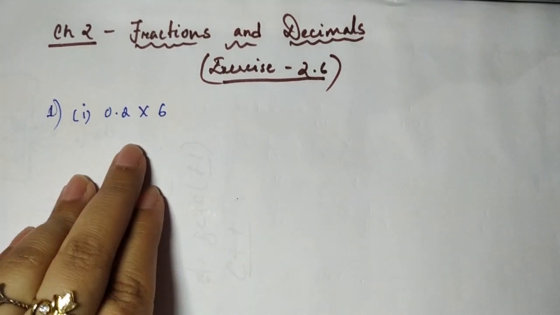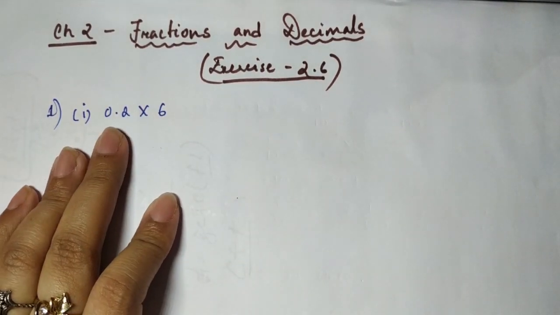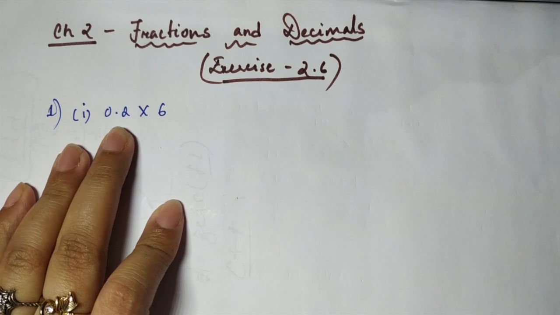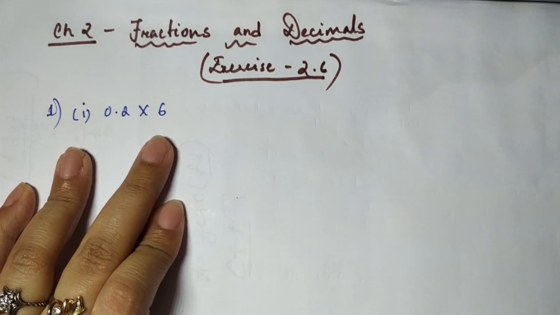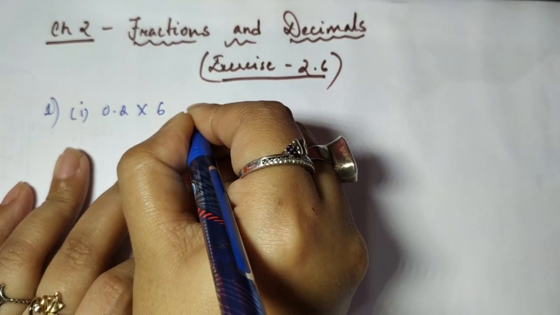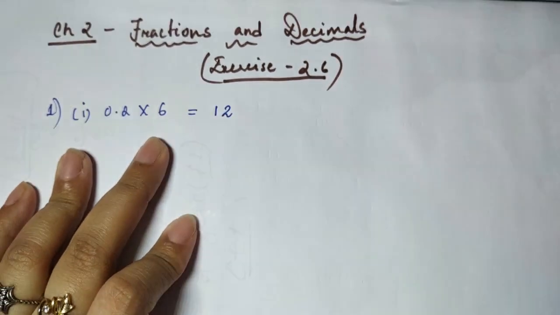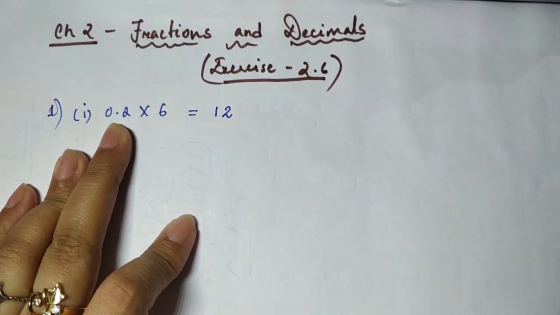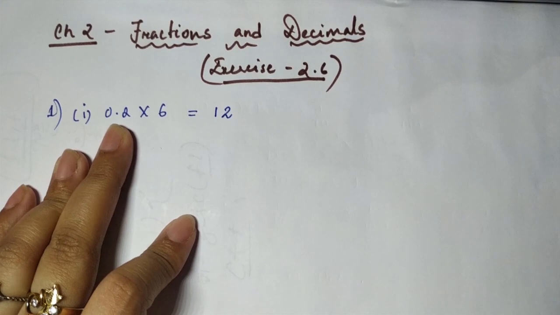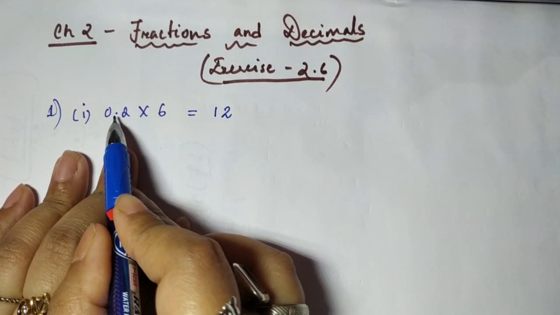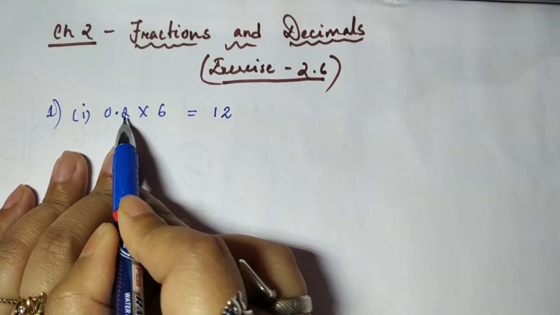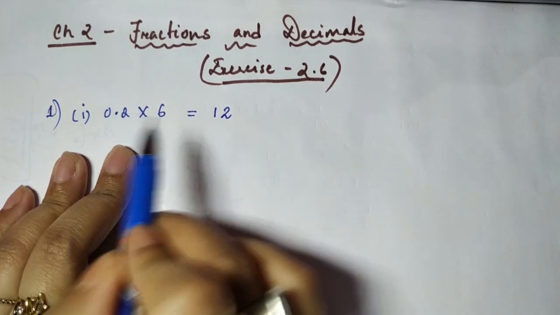Think of this as two normal numbers, without the decimal. So without the decimal, you can consider it as 2 and this is 6. So 2 multiplied by 6 is how much? It's 12 now, but there is a decimal point here. So where do we have to put the point? You will see how many digits are there after the decimal. 1 here and none here. So the total number is 1.